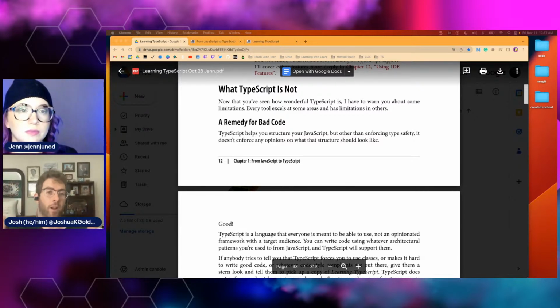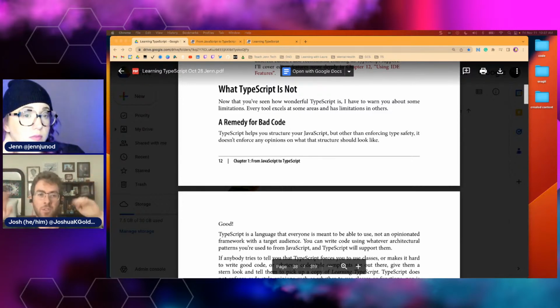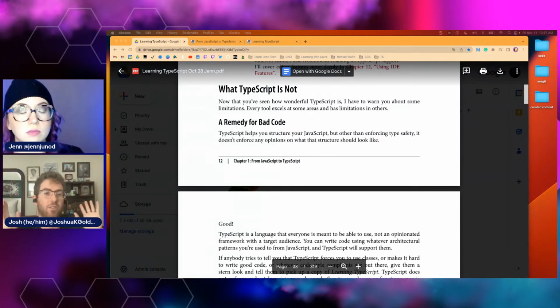Oftentimes there is no one right way for a thing. So TypeScript won't stop you from doing bad patterns, like copy and pasting the same function 20 times instead of reusing it. That's fine. It's type safe, it's correct. It's just, humans might hate your code. TypeScript also won't enforce using class-based object-oriented programming versus functional versus just a whole bunch of random stuff. As long as it's type safe, as long as you don't mess up your types, TypeScript doesn't care what you use. Which is why I was saying earlier that you can totally skip the classes chapter if you never use them.